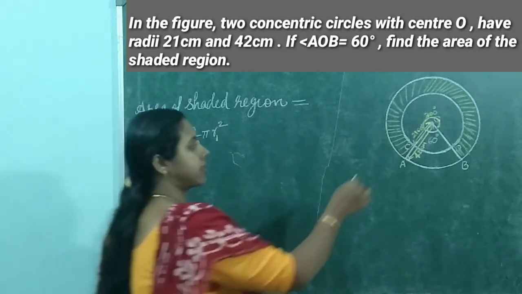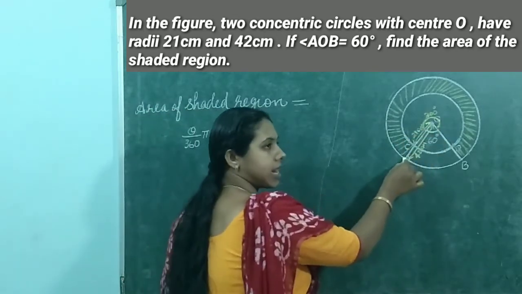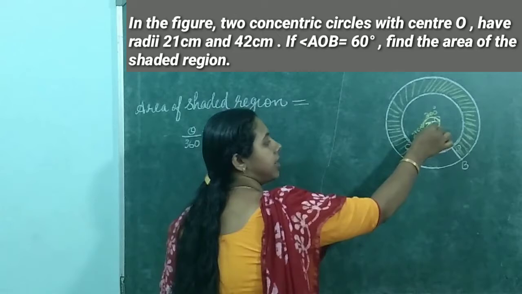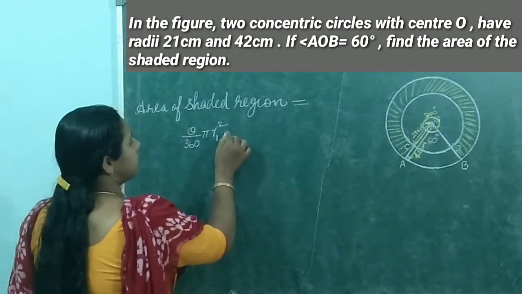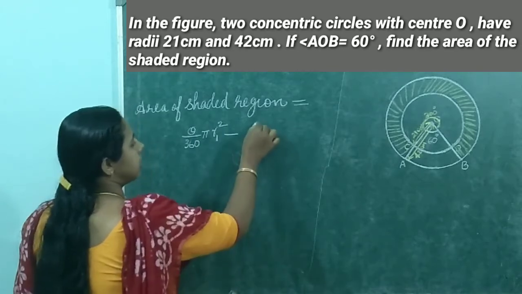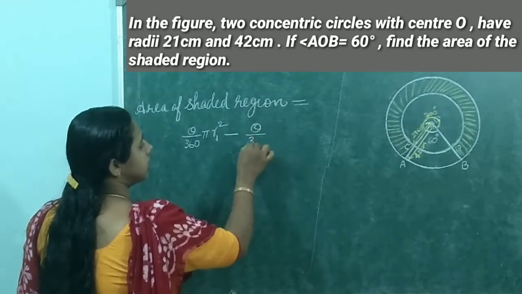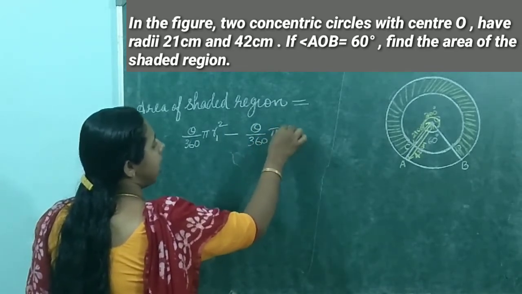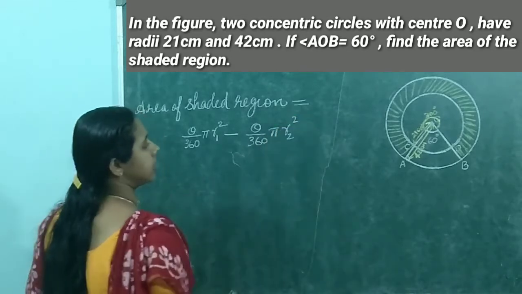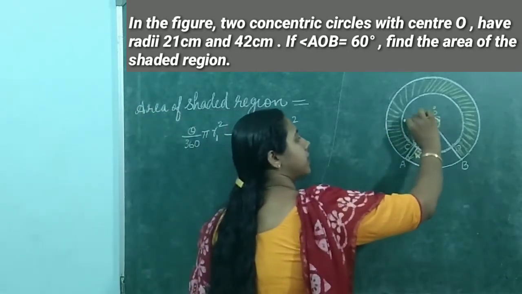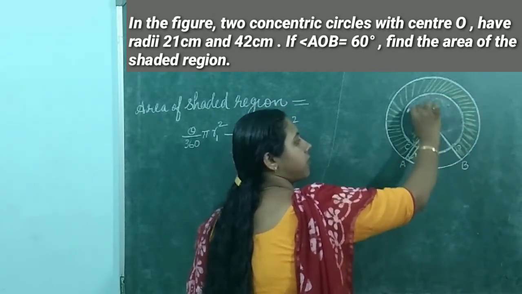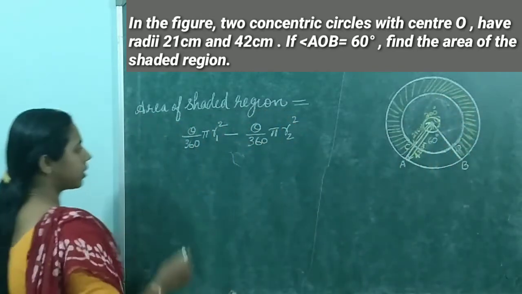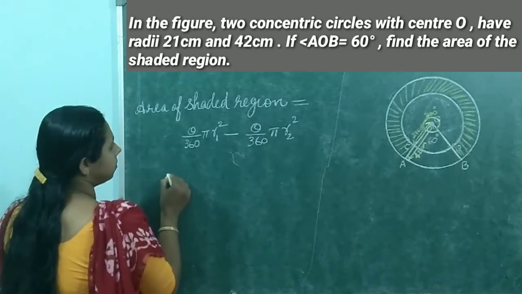You can take the radius of the second circle as r1 and the radius of the first one as r2, minus theta by 360 into pi r2 squared. That is the area of the major sector of the first circle. So that is equal to